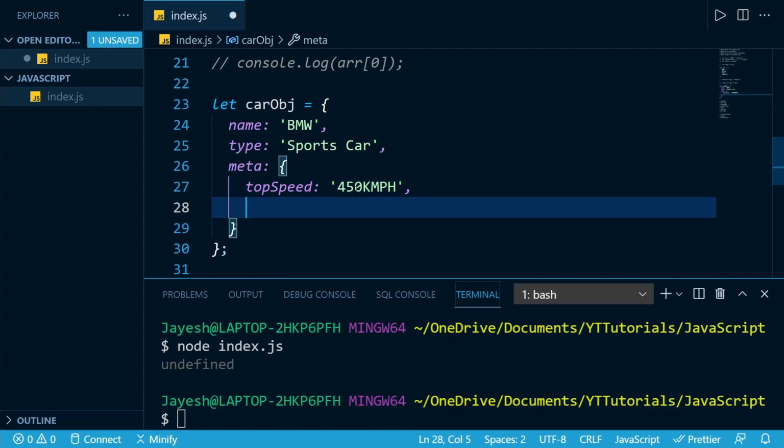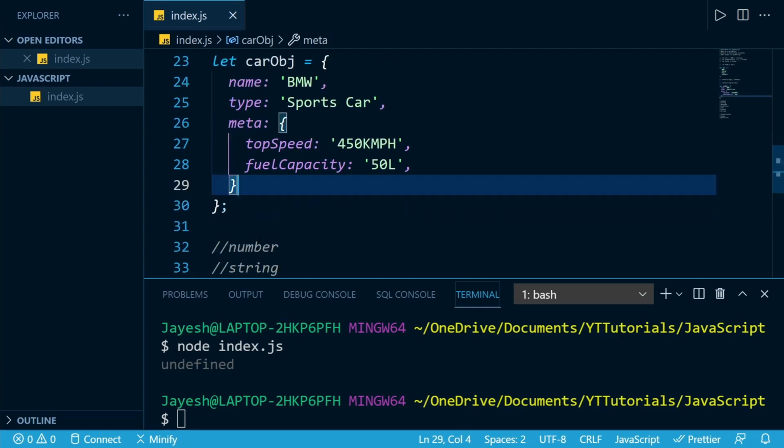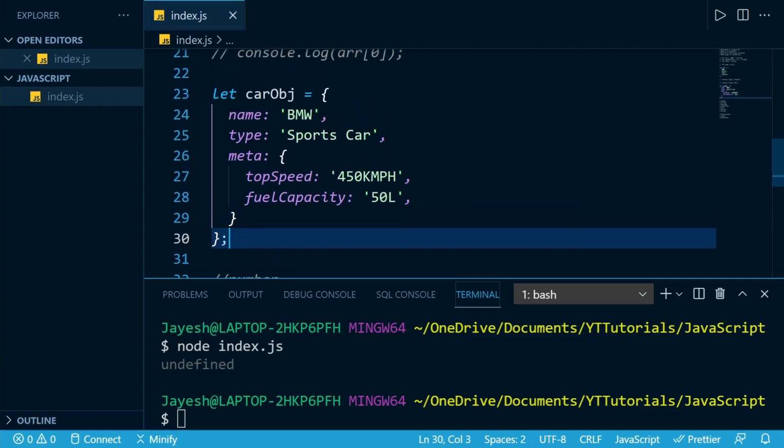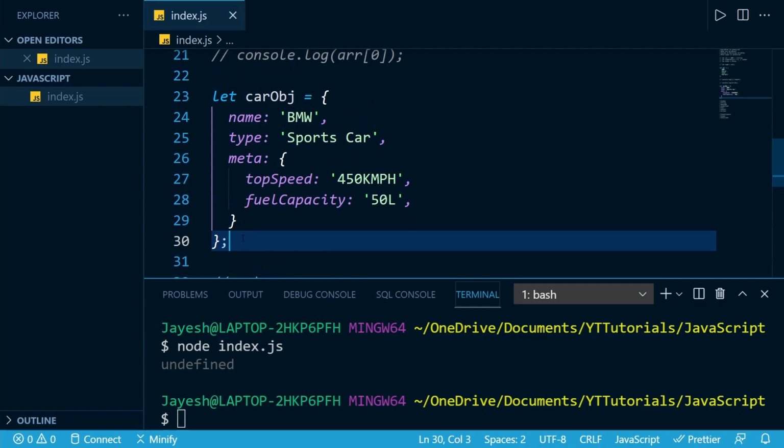And it may have something like fuel capacity, and I'm just giving a completely random value, I do not know the real values. So 50 liters. Okay, this is how we construct an object, or how we initialize a variable with an object.